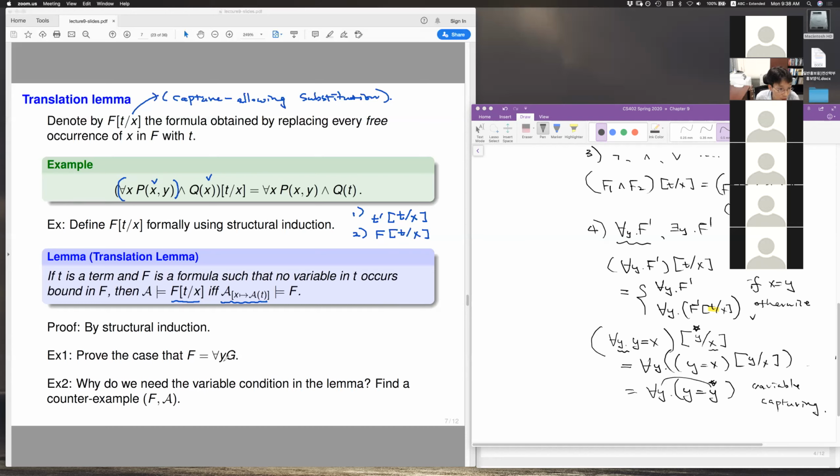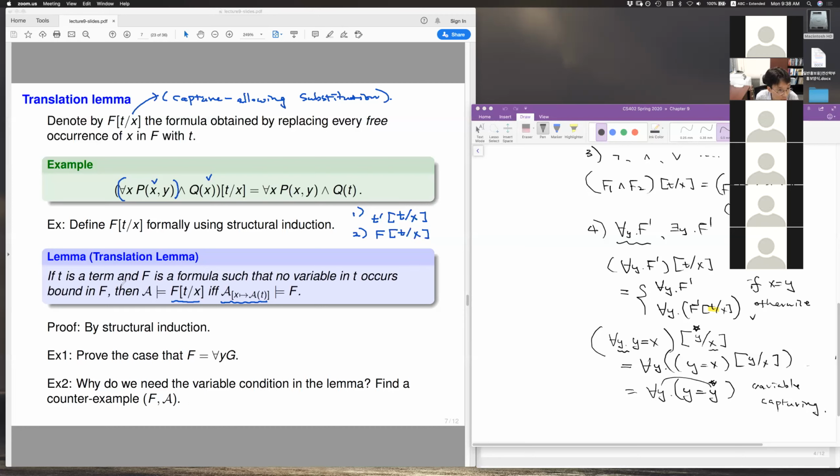Okay, so here are two exercises, and I want you to do both. First, show this translation lemma. The proof is by induction. If you feel this is a piece of cake, then you can prove everything by induction, or if you don't have enough time, you can just focus on the inductive proof for the quantification case. And the second,